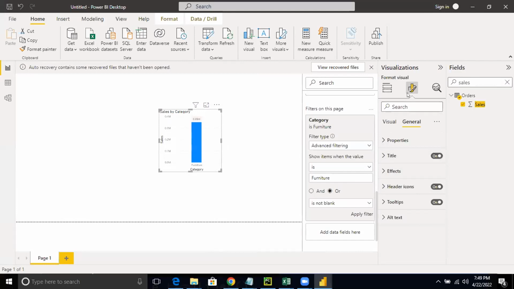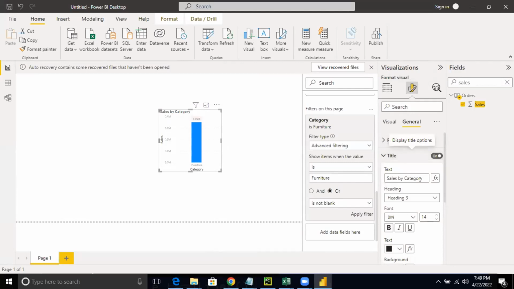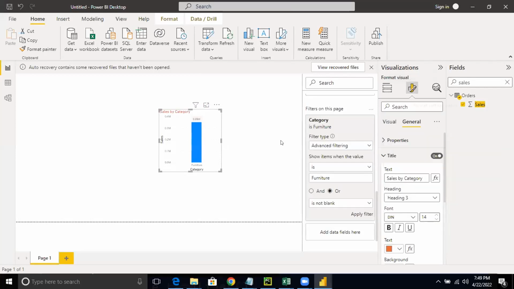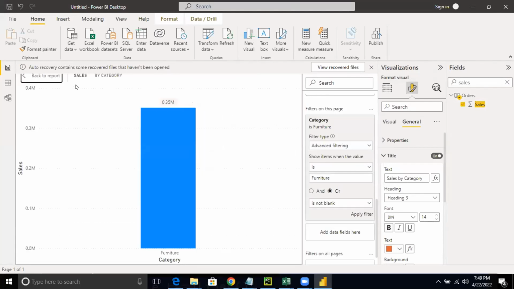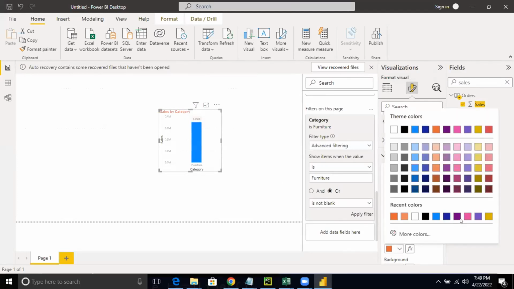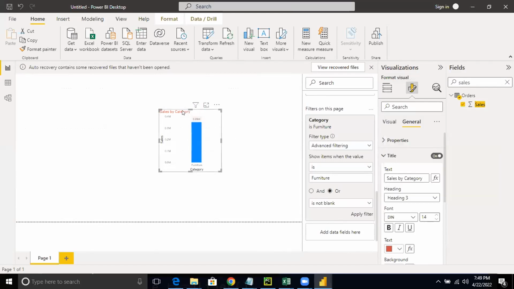So in order to just answer your question, you will click on the format your visual option and you can do all the modifications, and you will not believe me, but the Power BI gives you an opportunity to modify each and every single thing that you see on the graph. See, I wanted to change the sales by category to a different color. Did it allow me to modify it? Answer is yes. See, all I wanted it to be in a blue color or maybe in a green color, something different color. So I'll select this in the red. Can you see the difference?